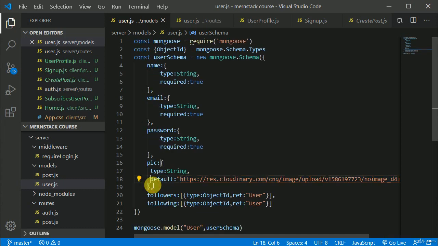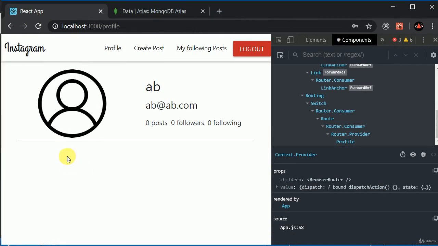Maybe in the next video we will allow users to update their profile picture. So far we haven't seen anything related to update. No, we have done the update operation when a user likes a post or follows someone. So that was the update operation. We will learn one more thing: we will allow users to update their profile. After sign up, if the user didn't upload their profile picture, then we will allow them to update that. So I'll see you guys in the next video.